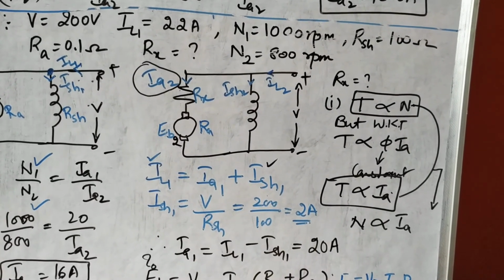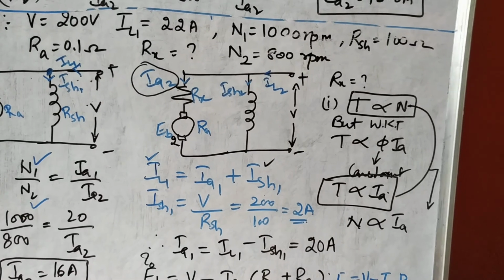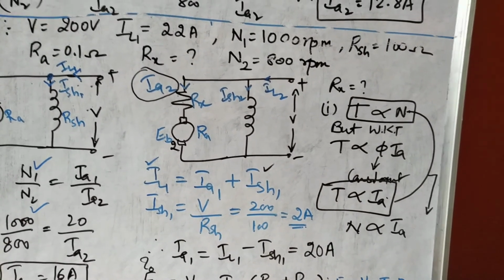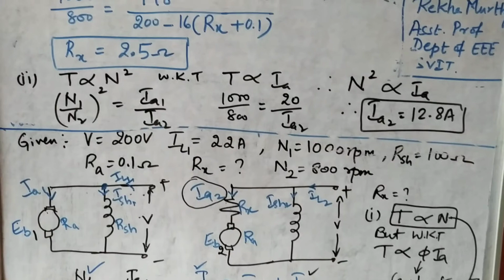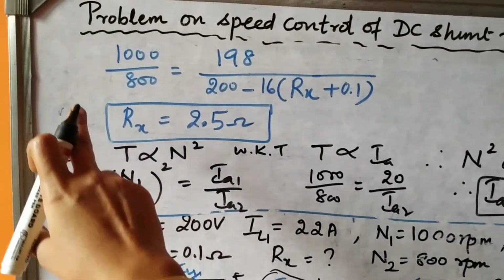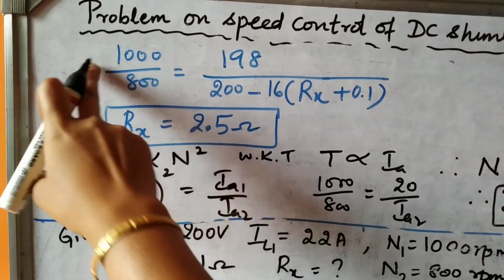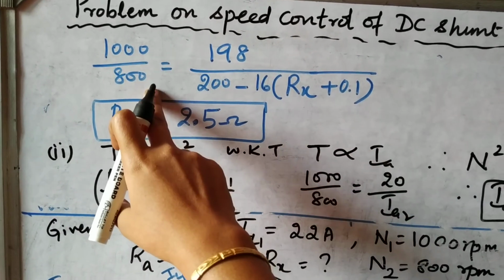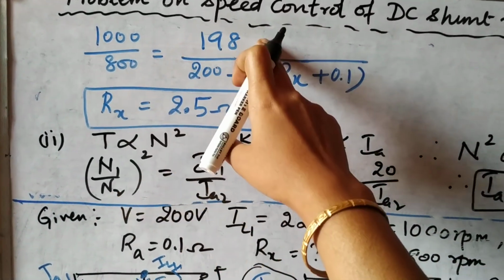Then EB1 you have already solved. It is 198. You need not worry. Then what you have to change here, when you come back to this, the same answer, 1000 divided by 800 is equal to 198 divided by